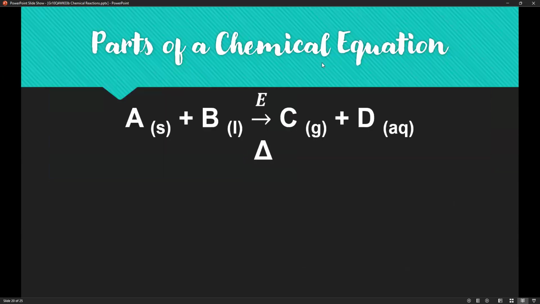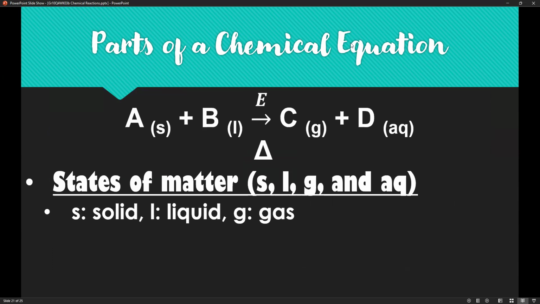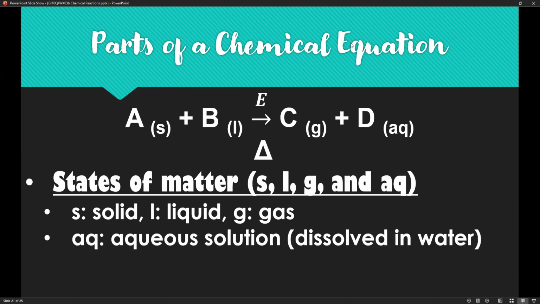Okay, next, how about the 4 small letters S, L, G, and Q? Nakinig nyo kanina sina S, L, and G. Solid, liquid, and gas. How about AQ? But bago kayo pakilala si AQ, those 4 refer to the states of matter. So ano bang state of matter ng substances natin? So we have the 3 basic: solid, liquid, gas. I will not delve into them anymore. Let me spotlight on aqueous solutions, or AQ. When we say aqueous solutions, these are reagents that are dissolved in water.